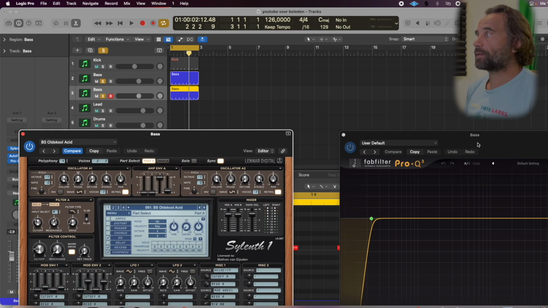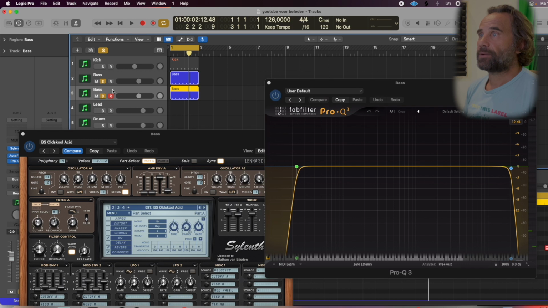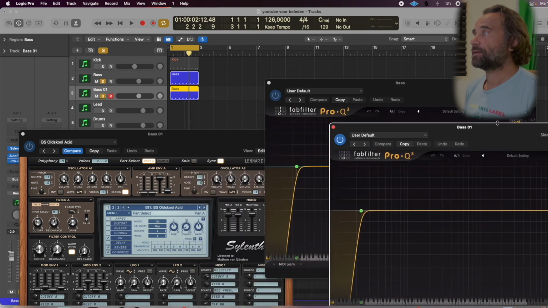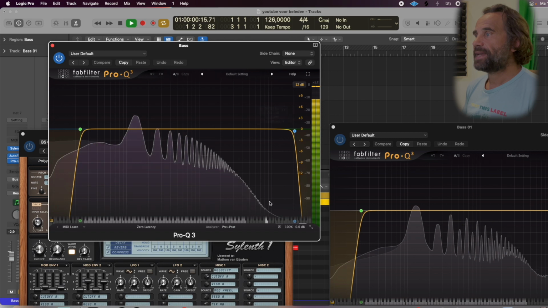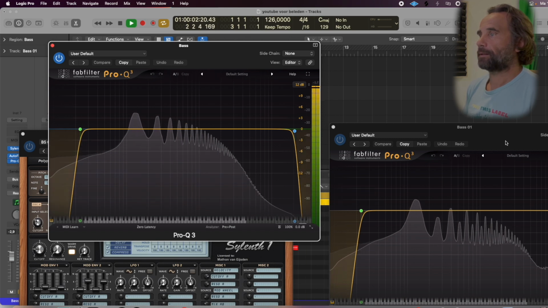So this is my bass, and we're gonna call this bass no 1. And when I open the bass 01, this is my main bass,